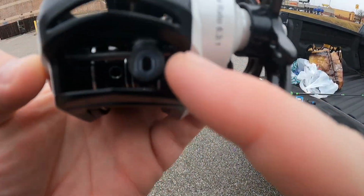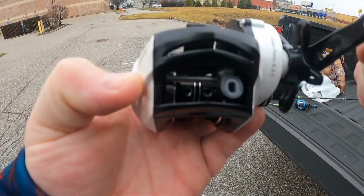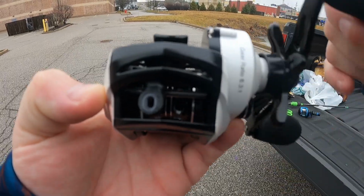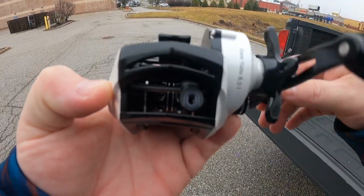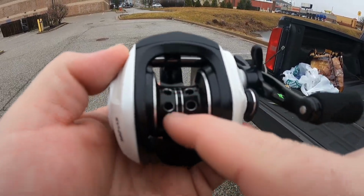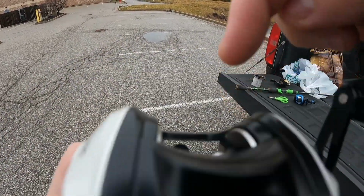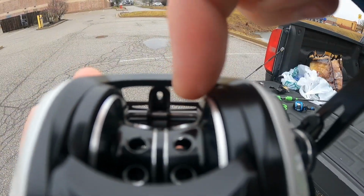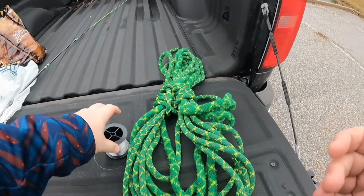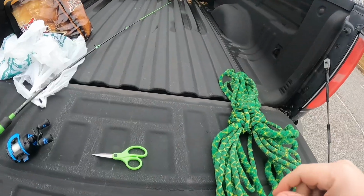This right here is known as the line guide. You can tell as I'm spinning the reel, it goes back and forth. The line guide is where you're going to run the line through. You want it to go around the spool, and then you run it back through the line guide. All right, so I am going to show you guys the knot that I use